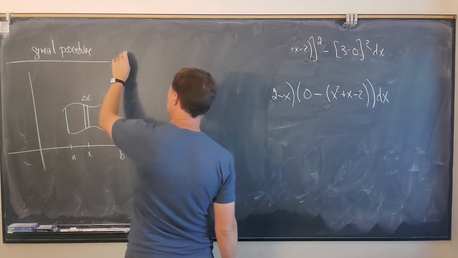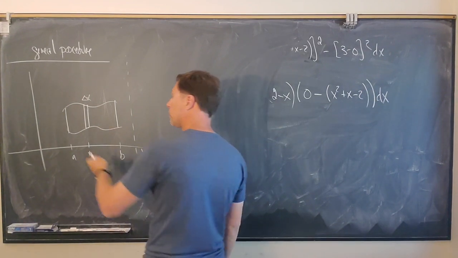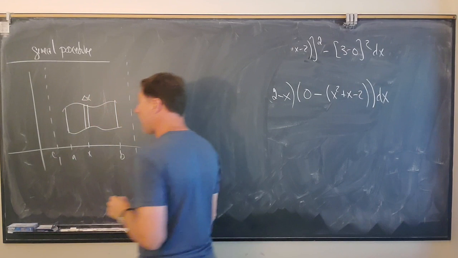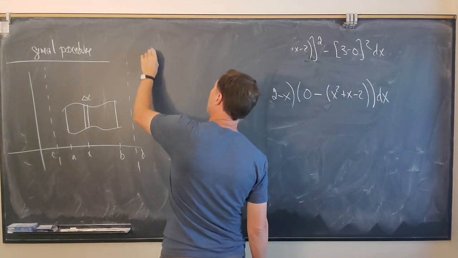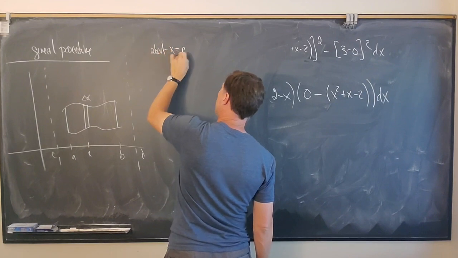There's two possibilities. I could have an axis of rotation that lies to the right of the region, also one that lies to the left. And so if we go about the line x equals c,